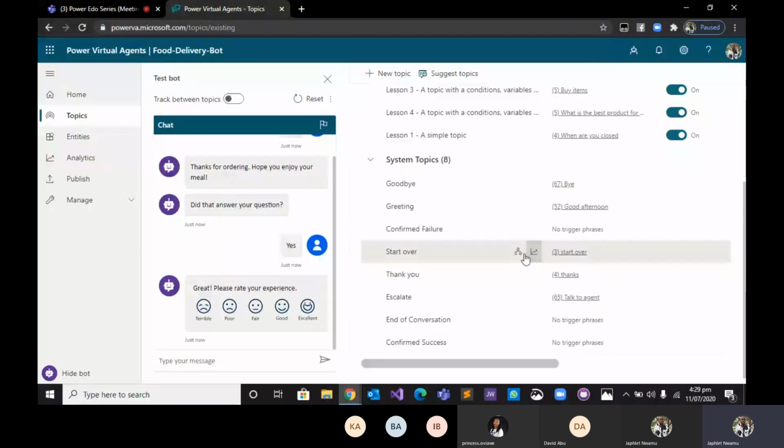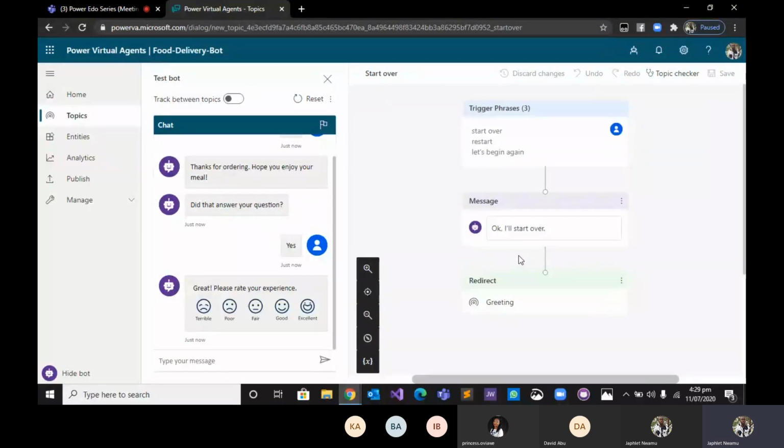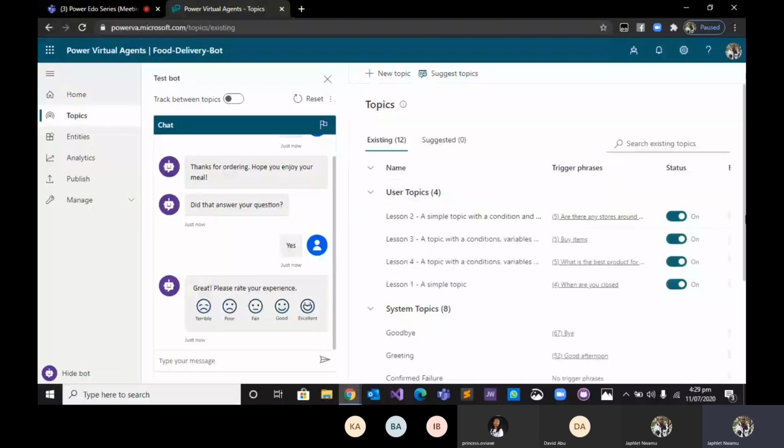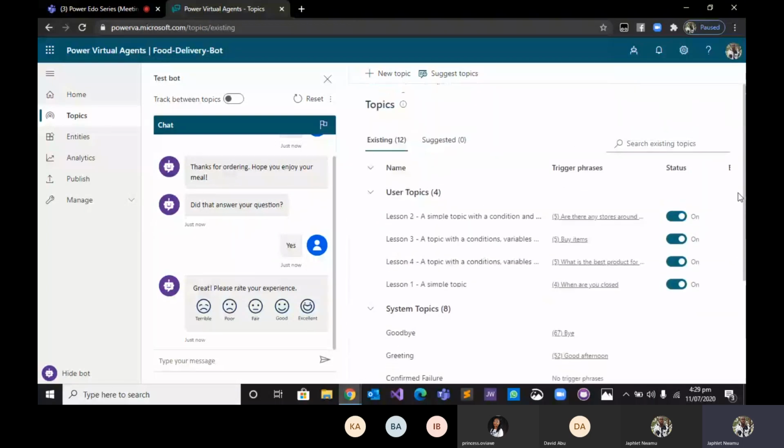When it does not understand something, or when the user makes an error. For example, the user is inputting his or her phone number and makes an error, maybe inputted the wrong digit, then you just tell it start over and it starts over again. Now, thank you, end of conversation and stuff like that.